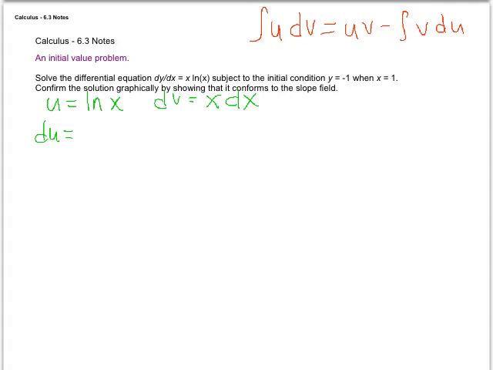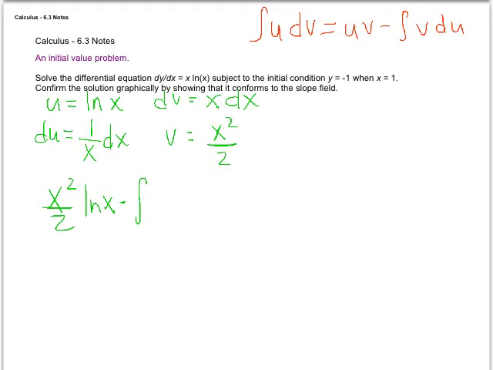The derivative of natural log x is 1 over x dx. And when I integrate this guy, I get x squared over 2. So I get uv, which is x squared over 2 ln x, minus the integral of